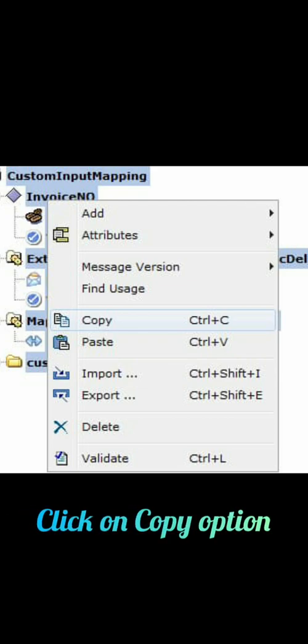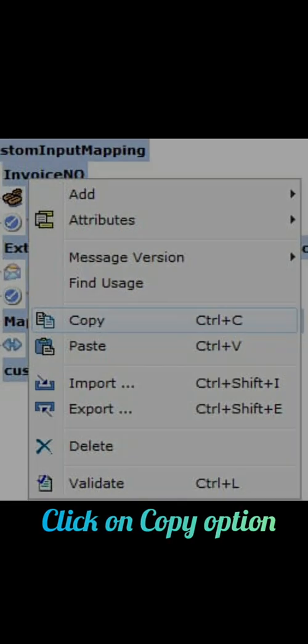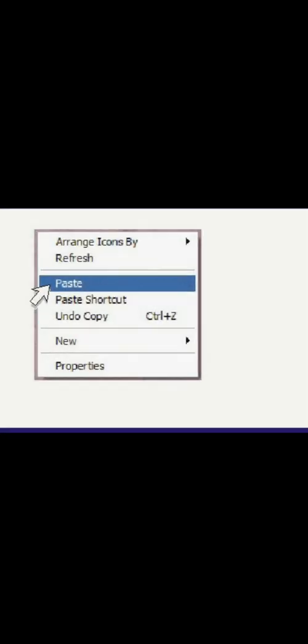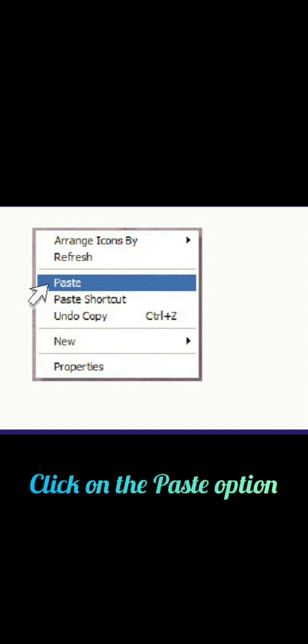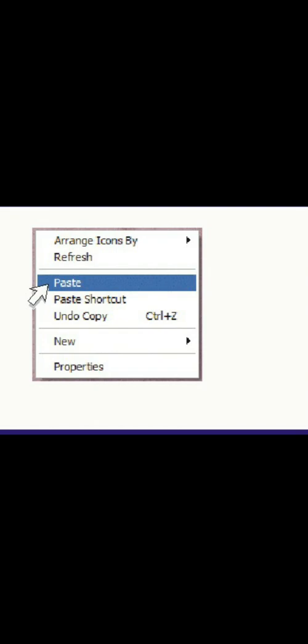Click on the copy option. Step 3. Go to the location where you want the file or folder to be copied. Step 4. Right click on the blank space of this window and click on the paste option. Understood? Okay. Next is deleting a file or a folder.